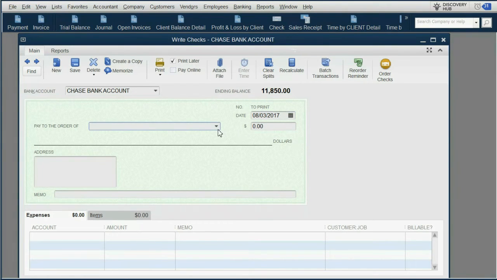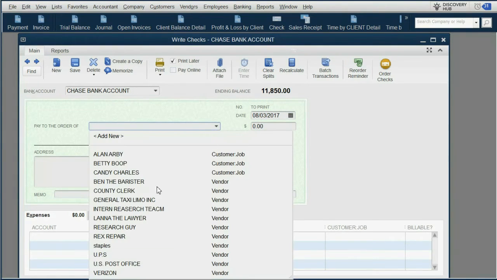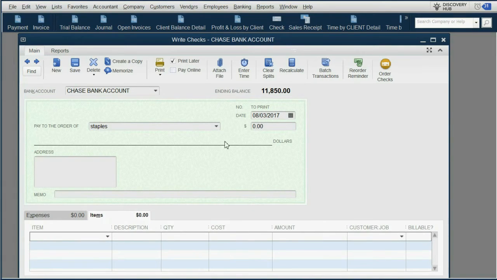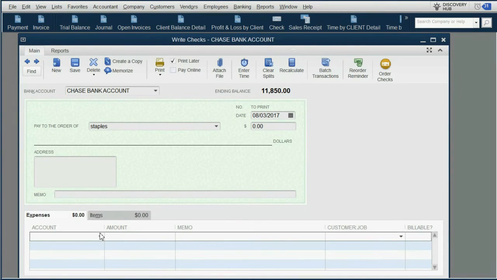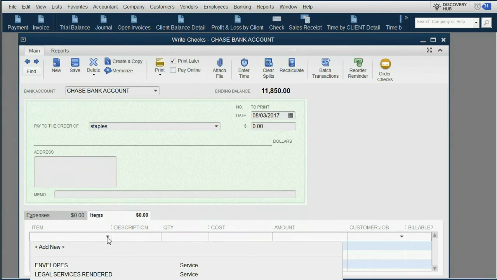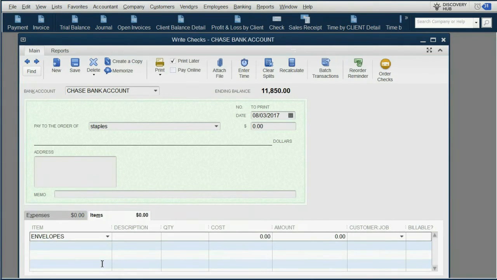Okay, we're buying it from Staples. And we're not clicking expenses over here. We're clicking items. We do not put a money amount when we choose items. We do not put an expense account. We only click items and choose the items that we purchased. In this case, envelopes,